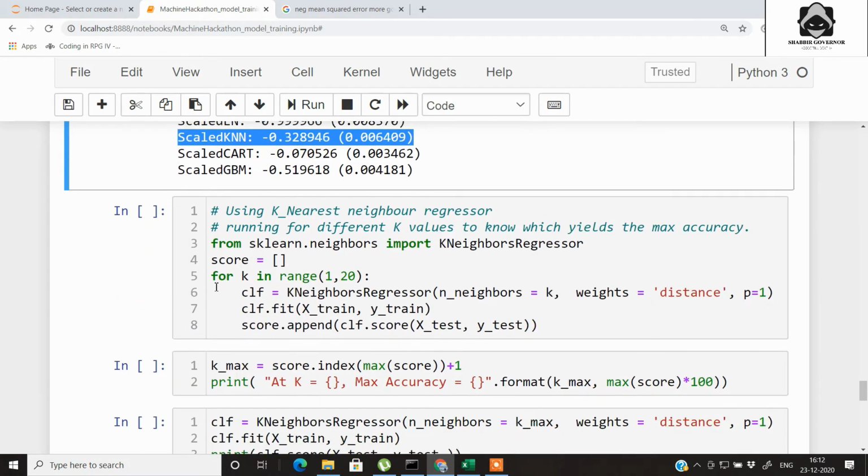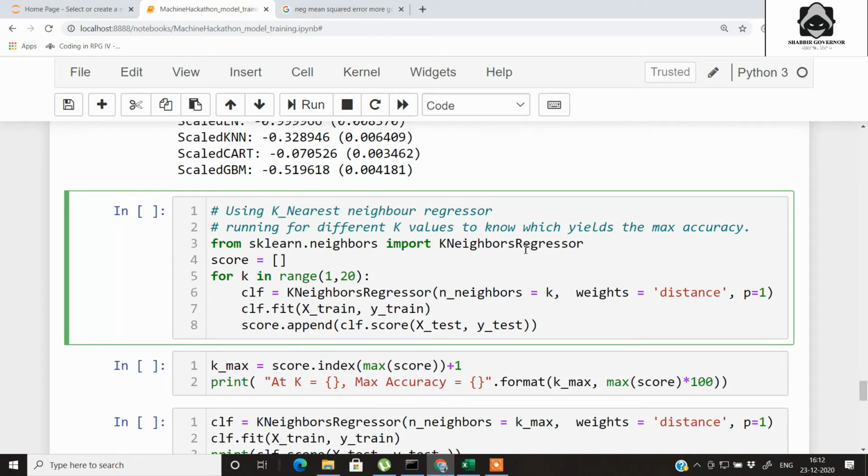So what we'll do is that we will go ahead with this KNN. Here we are importing the k nearest neighbors again. We have initiated a score, and then for k in multiple range. A big question when applying k nearest neighbor is how much the value of k should be, correct? So we are applying it in the range of 1 to 20. Then we have created an object called CLF on the k nearest neighbors, with k nearest neighbor equal to k. Every time it will run in the loop, fit on the training data, and check the score on the test data.